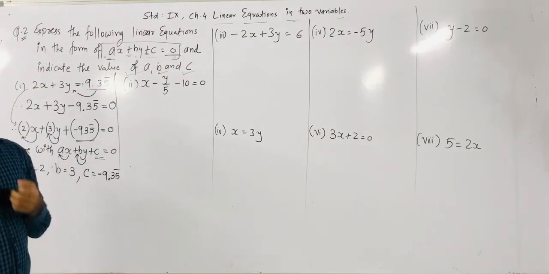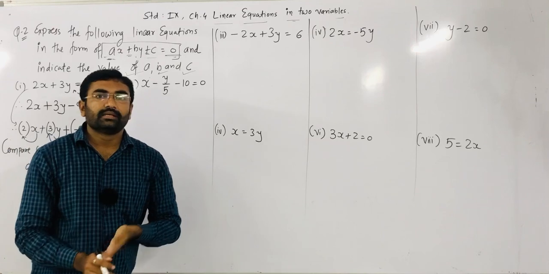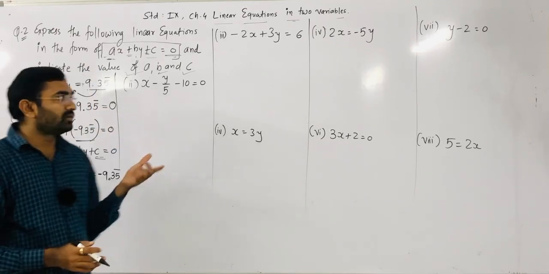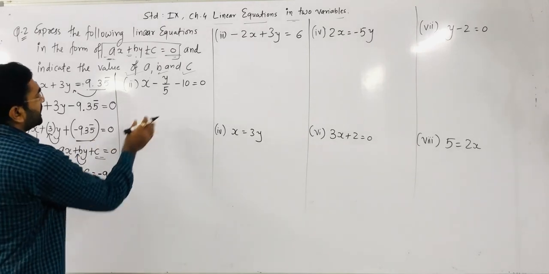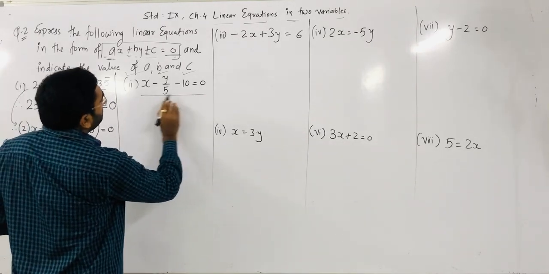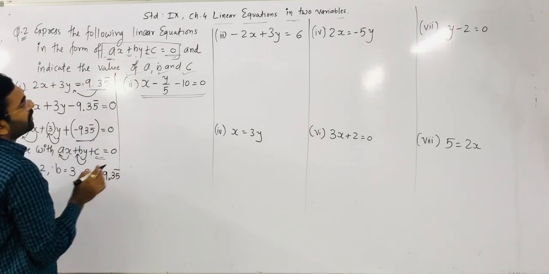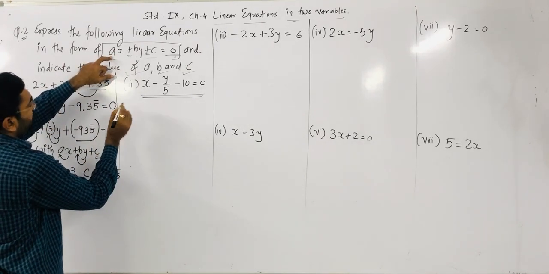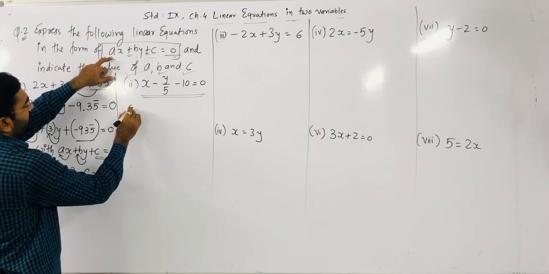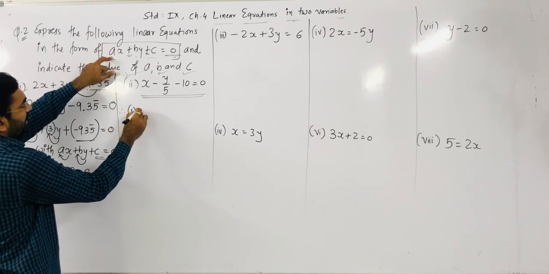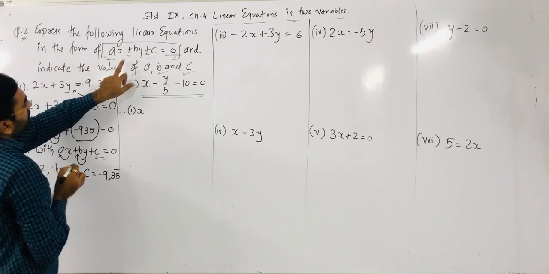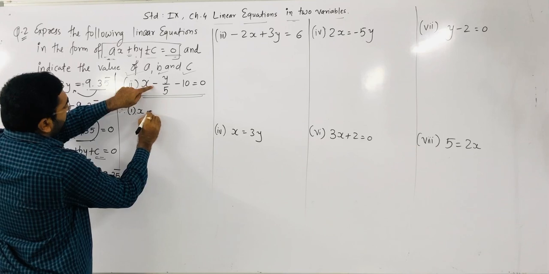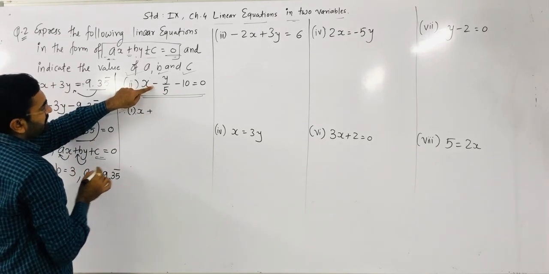But sometimes they may give the coefficient of variables in a rational or irrational form, right? So we have to arrange that now. If I want to write that equation in that form, how can we write it? First of all is ax. X coefficient here is 1. If no number is given, then the x coefficient is 1, right? Here is a minus sign, here is a plus sign. So here I can write the plus sign.